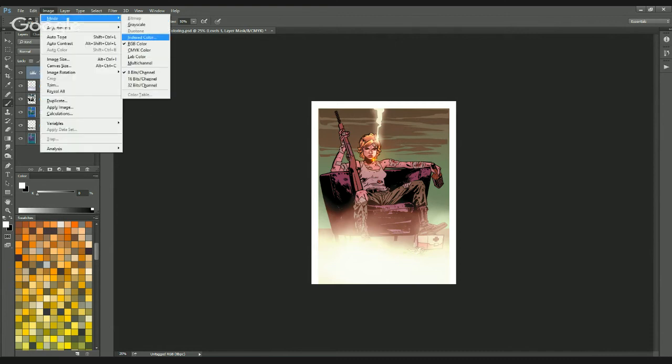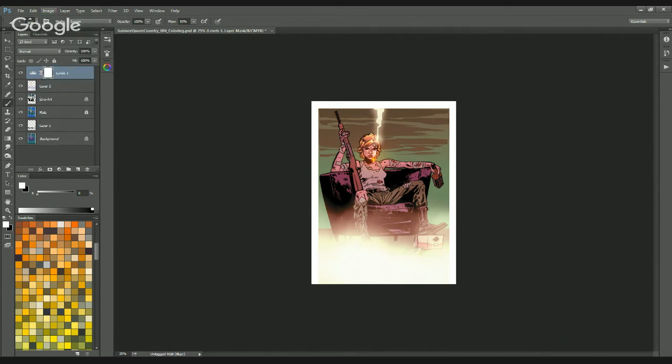Do not just come up to mode CMYK. One, it will make you want to flatten it. Always have a work file, which is what I have here. You save it, and then after you have saved your work file, then you save a separate file that is your final absolute thing for turning in. And to do that,